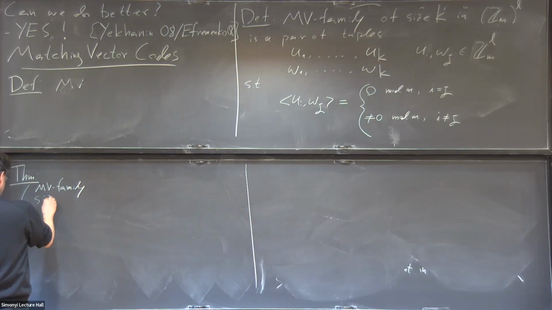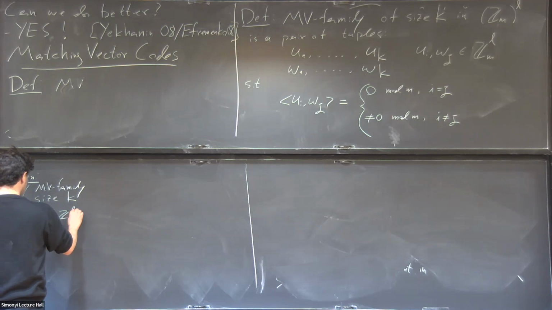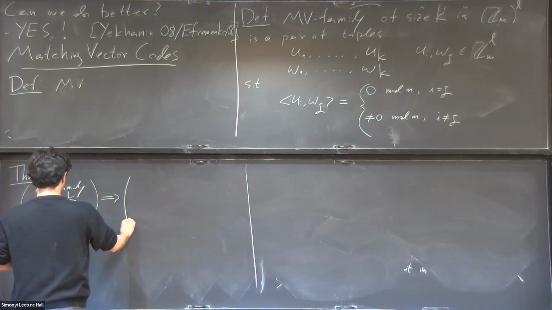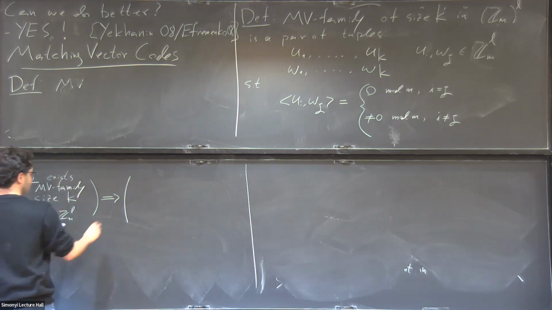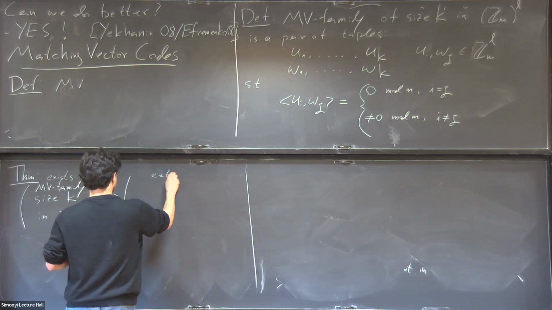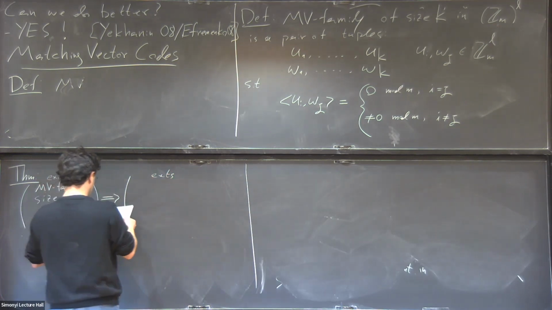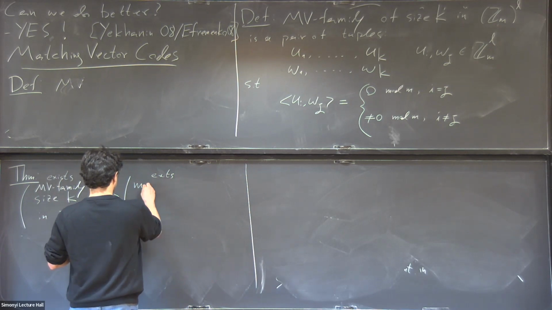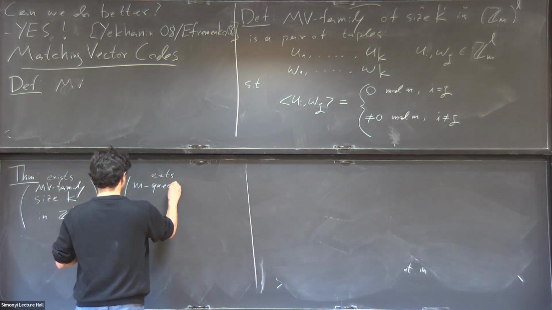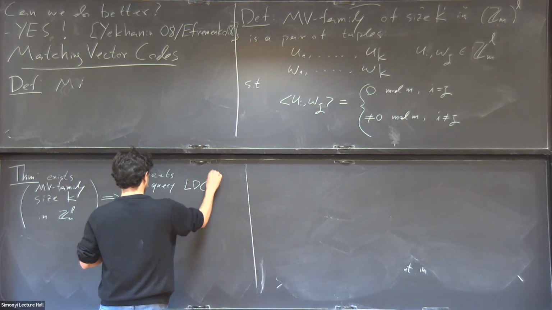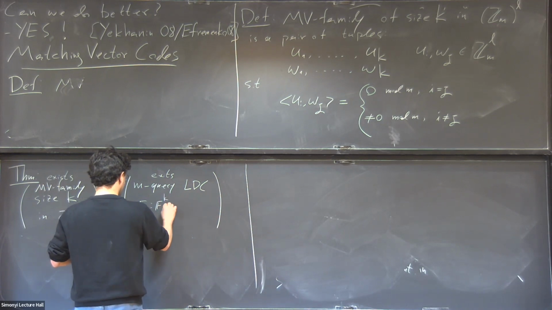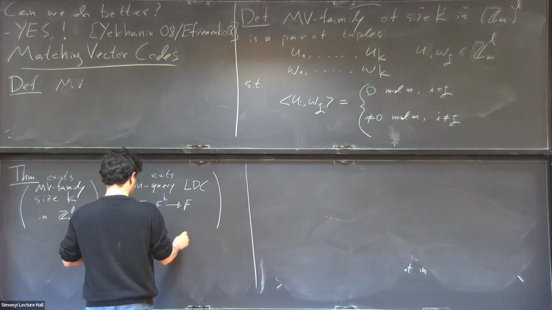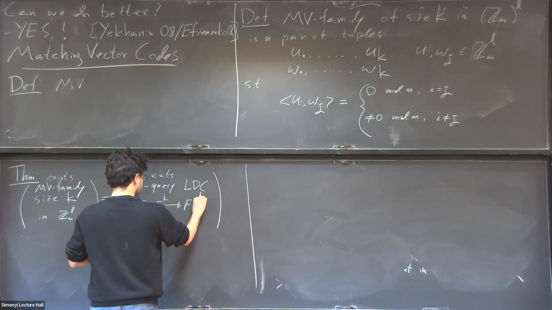of size k and set m to the L, then if there exists such a family, we can use this family to construct the code, an m-query LDC, F to the k to F to m to the L,